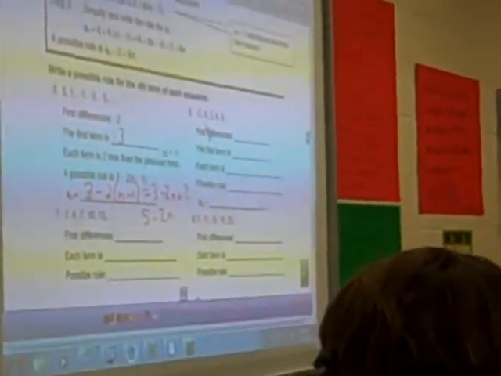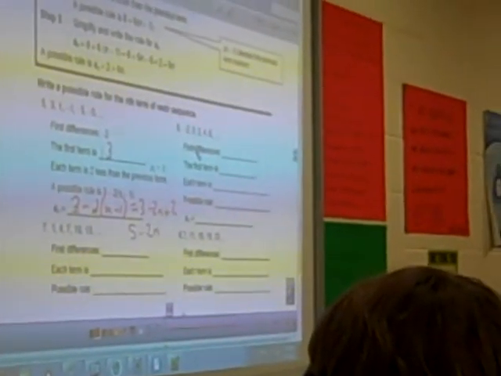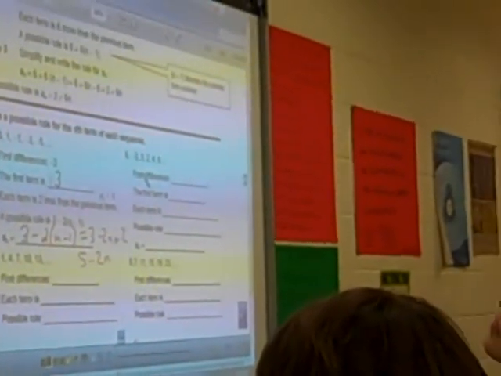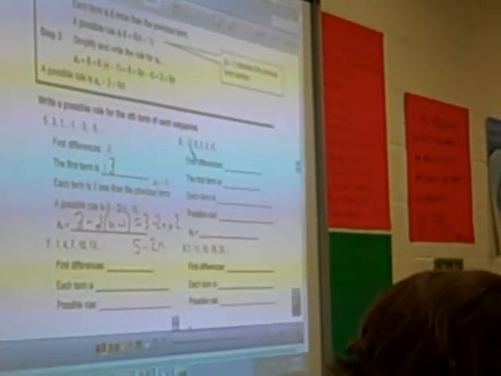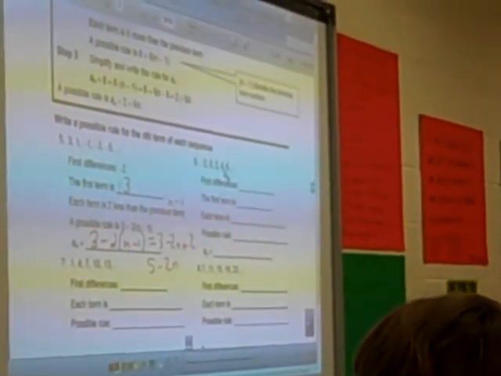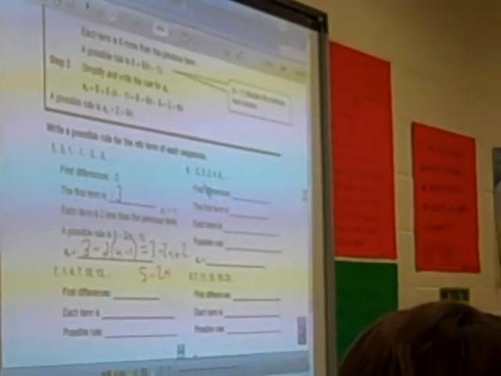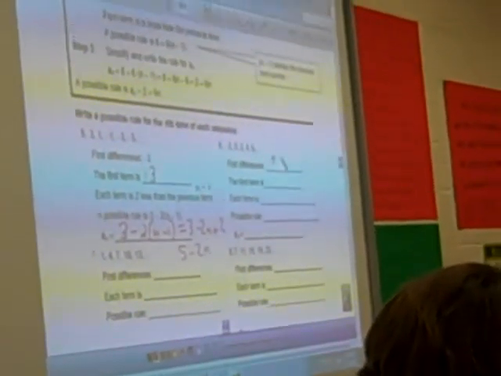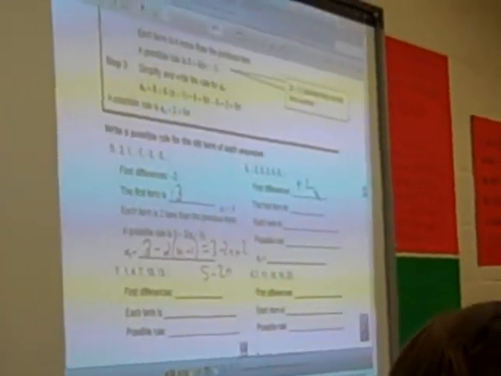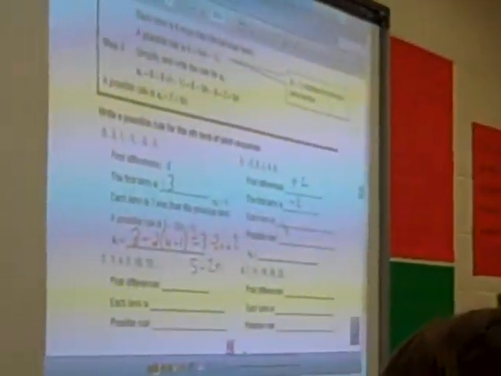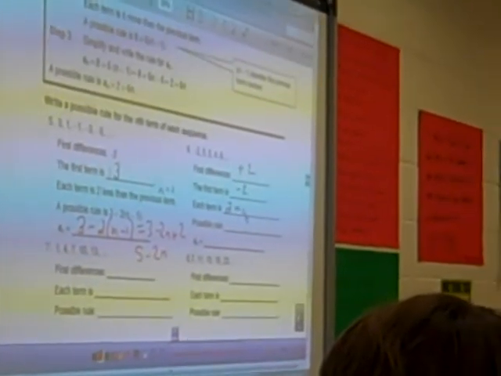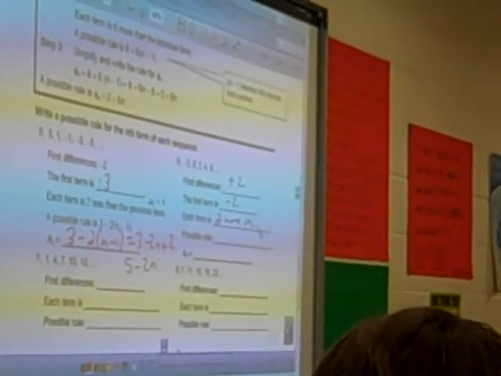All right, let's take a look here. I need people to stop talking. Look at the board. What's the differences here? I'm going -2 to 0 to 2 to 4 to 6. What's happening each time? We're adding 2 each time. Now, what's the first term? -2. Now, each term is, okay, 2 more than, and then right after